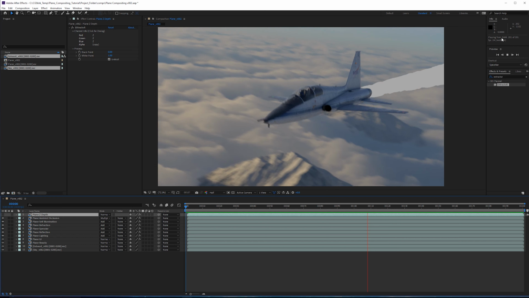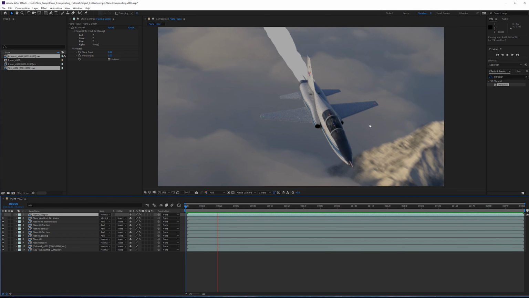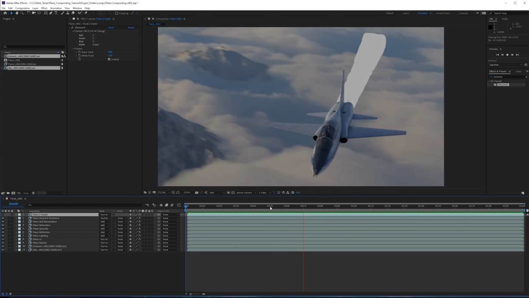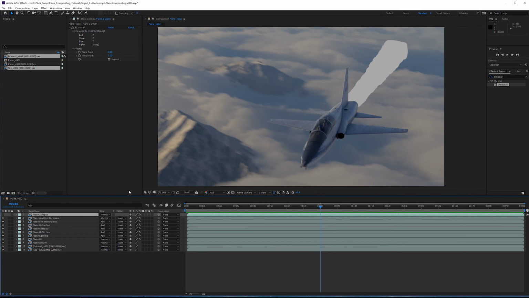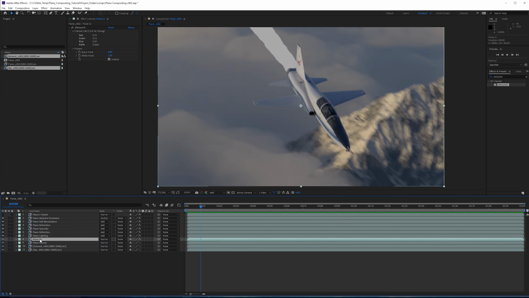Alright, so now this is loaded in the RAM. We can see that it is now playing at 24 FPS, and there are a few things right away that I noticed that need to be corrected. So when you load in your sequence and you get everything composited, the very first thing that you should check are all the passes being viewed correctly.